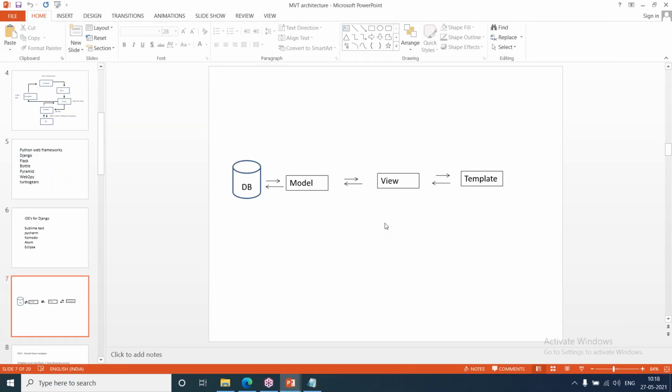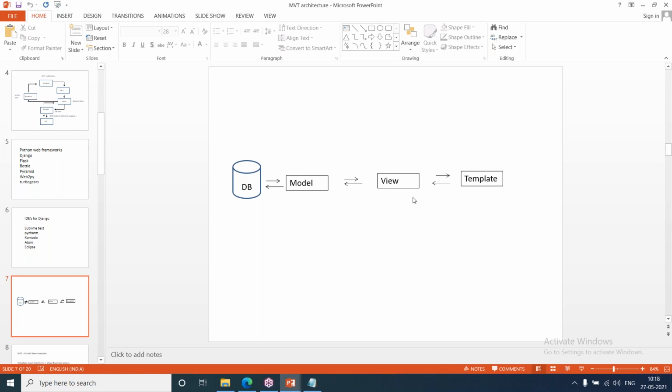And here you can see view is there. View is called the business access layer or service layer. It is used to store or maintain the values given in web pages or in the application. Application means website. So whatever values we give in the website or web pages, we are storing in the business access layer or service layer. View means it is a Python file, views.py. So the business access layer is a Python file.